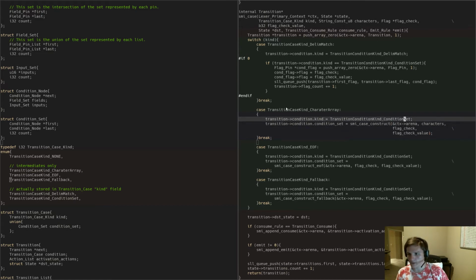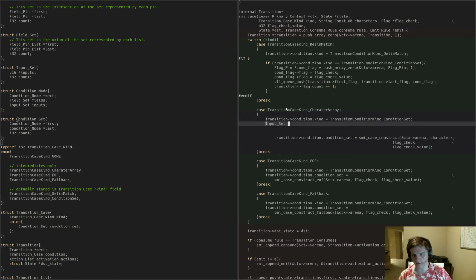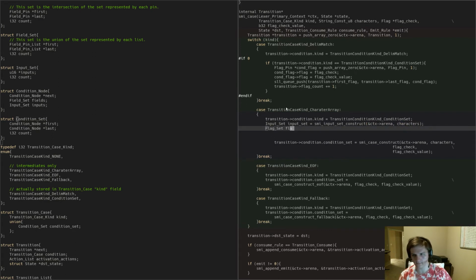So if I am trying to create a character array, what I want is a condition set that is constructed out of an input set on this arena with these characters, and a flag set,